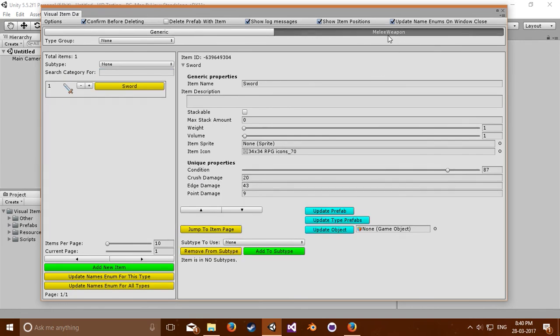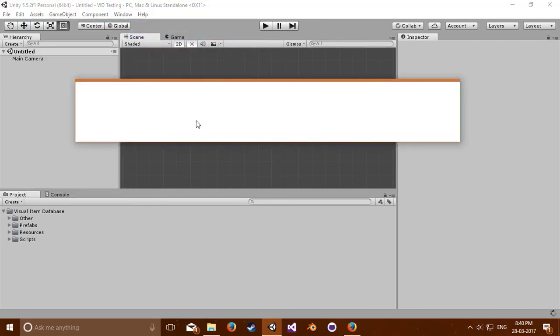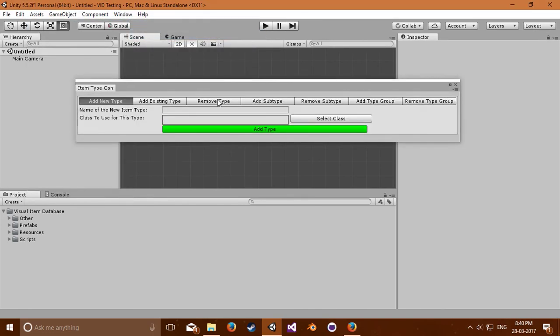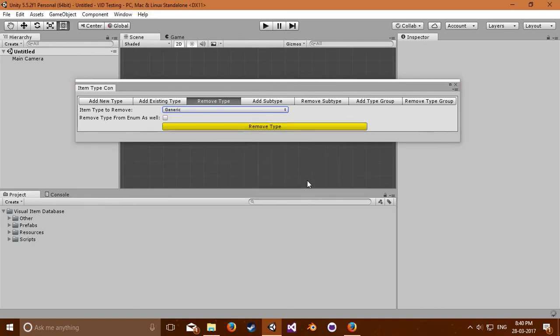We can also remove item types at will. However, do note that removing item types will permanently delete all the items in it, and you cannot undo this action. So let's look at how to remove an item type. Let's say I want to remove the generic item type. So I'll go to remove type and simply select which one to remove. In this case it's the generic. I'll remove it. Wait for Unity to refresh here,